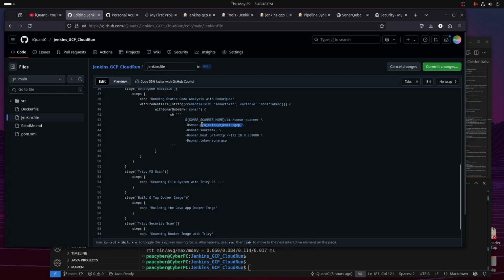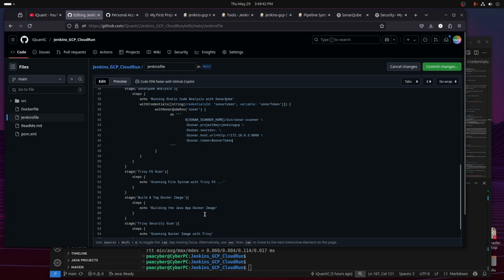So that is our project key. This is our source, which is the current directory. This is our URL for sonar. And this is our sonar token. Because our sonar token is referenced here, remember we saved our token inside our Jenkins. So this actually contains the same information as this sonar token right here. So I can also use a $ sign and that exact name, the sonar token there, and it will still pick it up. But we are missing one thing, and that is when we build our project, where will it be